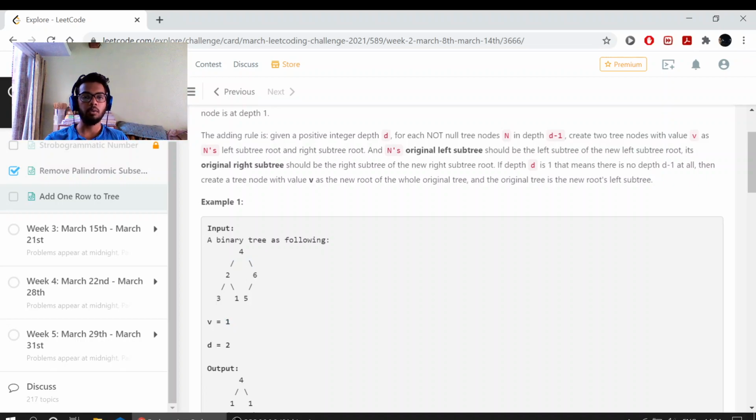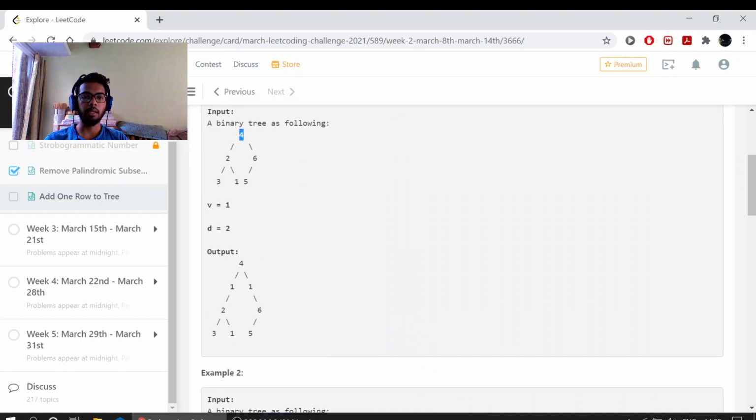How are we going to do this? We'll first visit here, we'll see if this is d minus 1. Yes, this is d minus 1. Then we'll create a new tree node. Then we'll store this value as a temp and also this value in some temp tree node variable. Then we'll create 2 new tree nodes with value 1, one at left as well as right. As soon as we assign that, using this we'll go to our newly created nodes, and towards its left we'll assign this new variable and towards its right we'll assign this new variable.